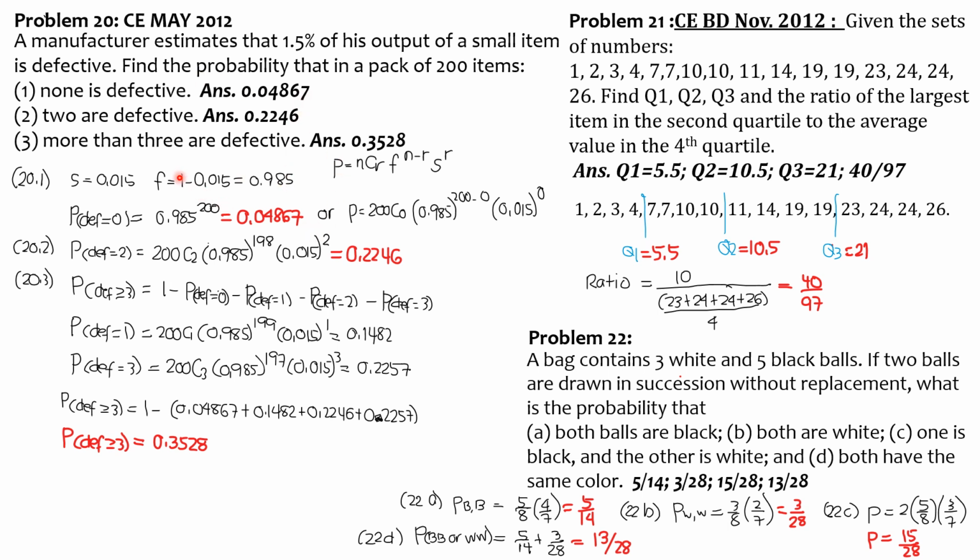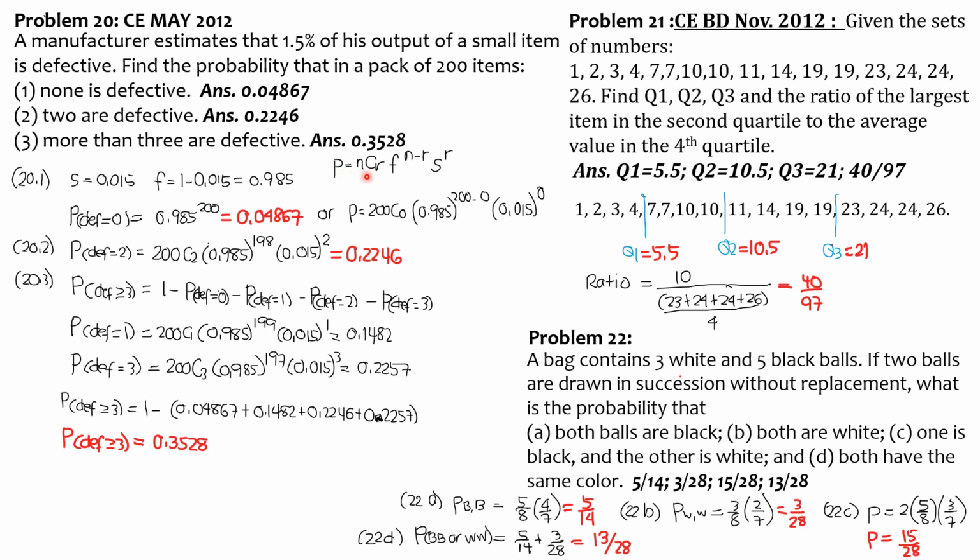So problem 20: a manufacturer estimates that 1.5% of his output of a small item is defective. Find the probability that in a pack of 200 items, none is defective, 2 are defective, and more than 3 are defective. So this is